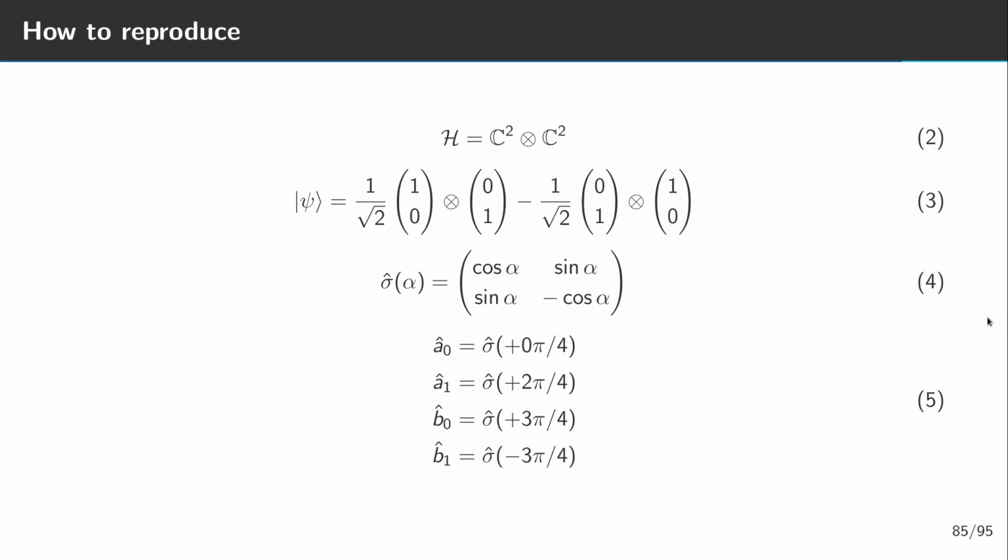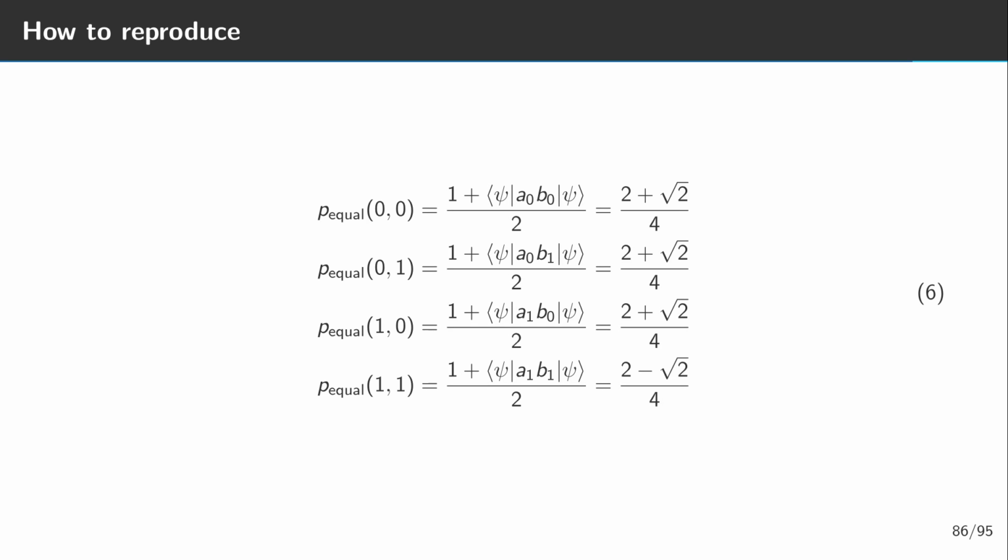Now, which physical systems am I talking about? How can you produce those impossible tables? One possible solution is that each prisoner corresponds to a quantum system with two states. So our Hilbert space is C squared for the first particle times C squared for the second particle. In the beginning, the particles are in this entangled state psi. Saying 0 to Alice corresponds to the A0 operator here. The other three operators are similarly defined. Each of those operators has the eigenvalues +1 and -1.